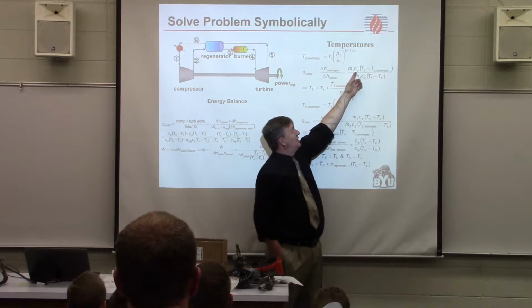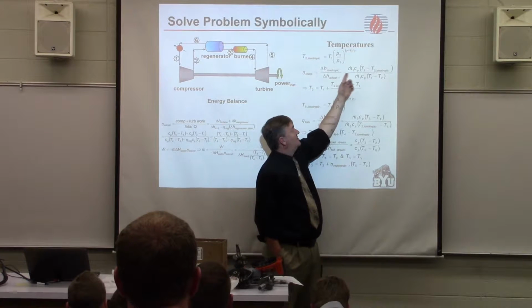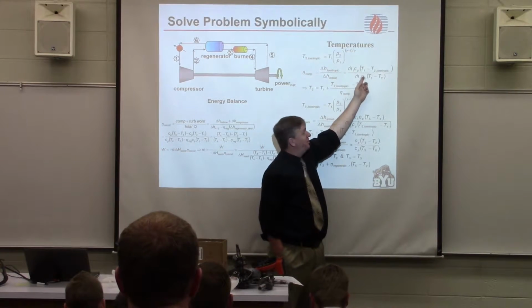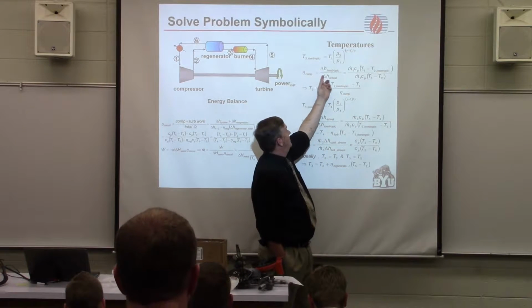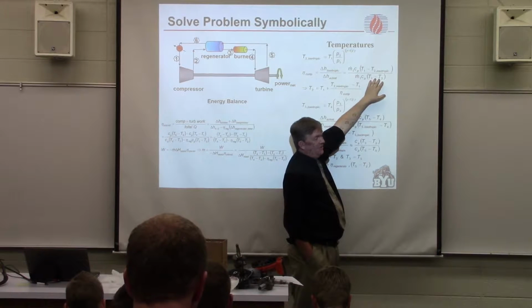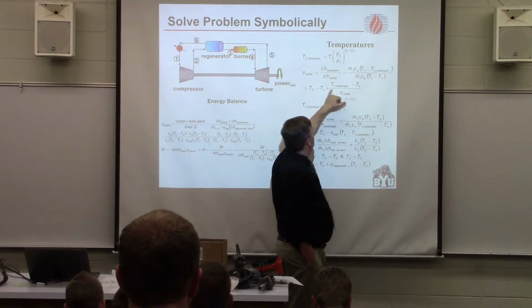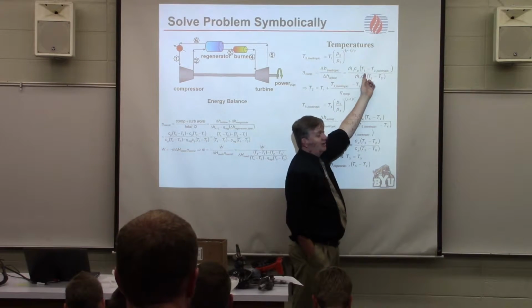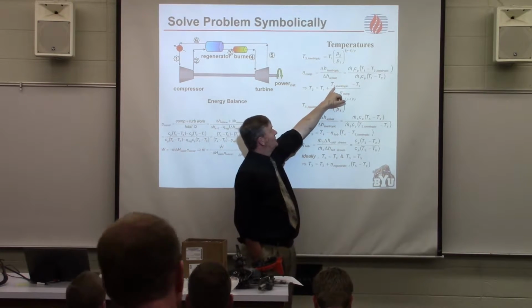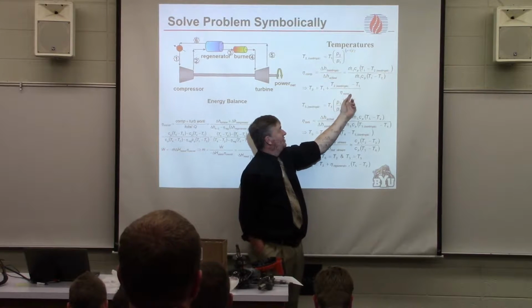But if we're assuming that the heat capacities are constant, and in this case the mass flow rate is going to be the same in and out, we can cancel those two terms, and the compressor efficiency then just becomes this ratio of temperature differences, and you can solve that for T2. So solving this expression says that T2 is going to equal T1 plus (T2 isentropic minus T1) over